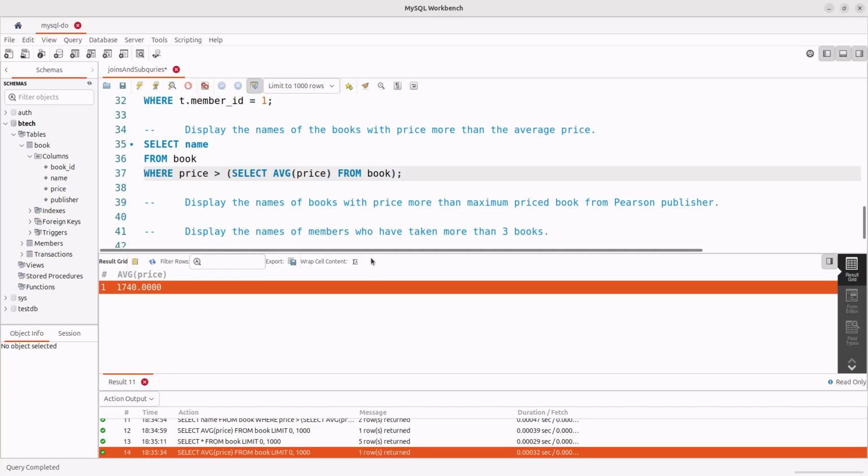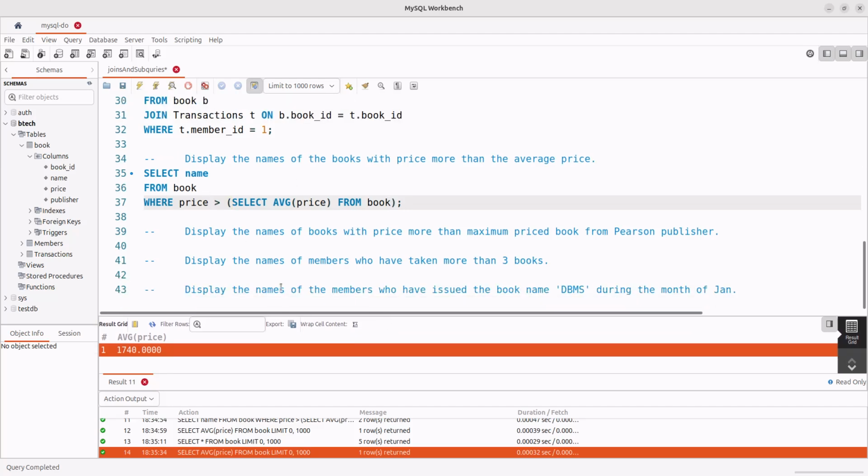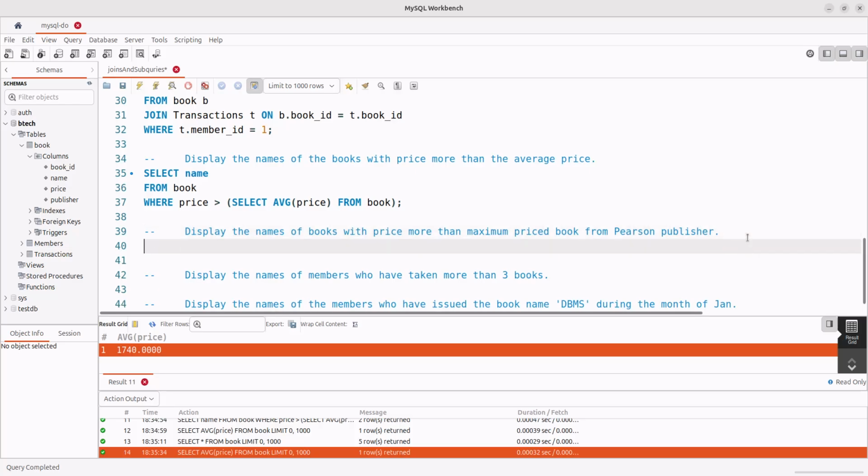Okay, we successfully ran that. Now we want to display the names of books with price more than the maximum priced book from Pearson publisher. Oh, some complex query, complex question. We will try. Okay, we need the name of the book, display the names of the books, the question says. So we will select the name,